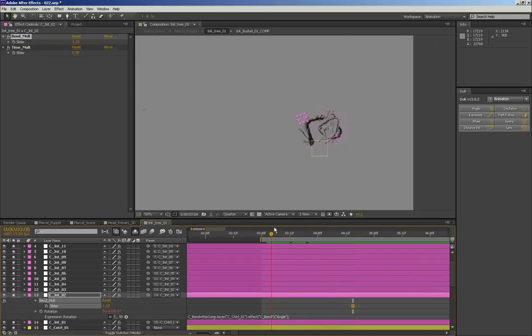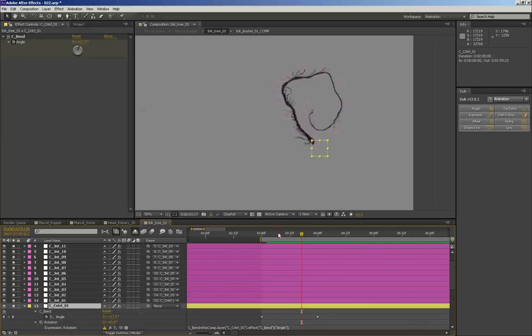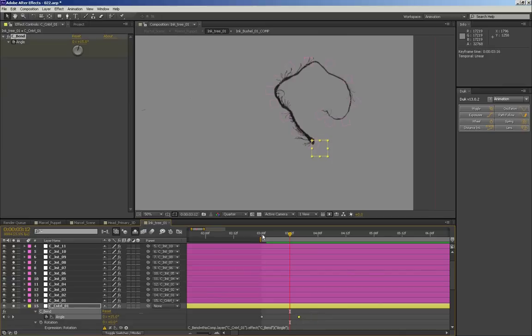Okay, great. So the next thing to do here is I'm going to add a little springiness to this. And you can do this in a couple of different ways. So let's close all these guys down. I think they're adjusted the way I need them. First of all, we're going to create an animation spring on our own. So let's make this move really quite fast. So it's going to unravel, and then I'm going to set the angle to -10, and I'm going to scoot forward a set frame rate. This is how I usually set up bounces, like quick ones. So I'm going to move ahead, let's say 10 frames. So I just shift Page Down,